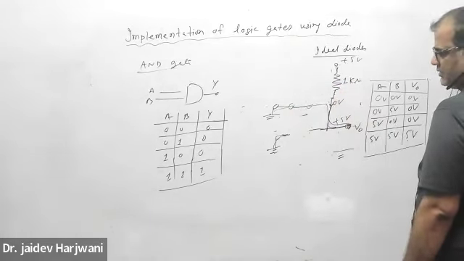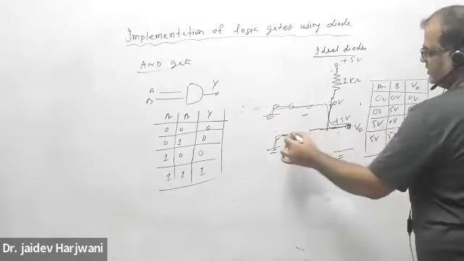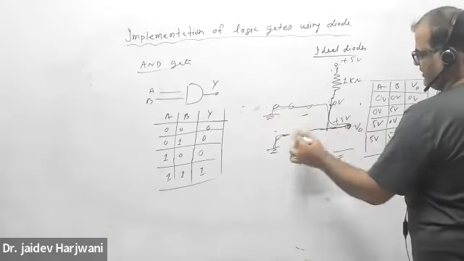सर, A में 5 वोल्ट थी. So A में 5 volt. Third case. So A is 5 volt means this is open